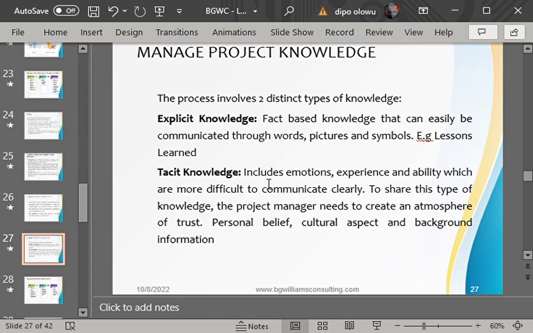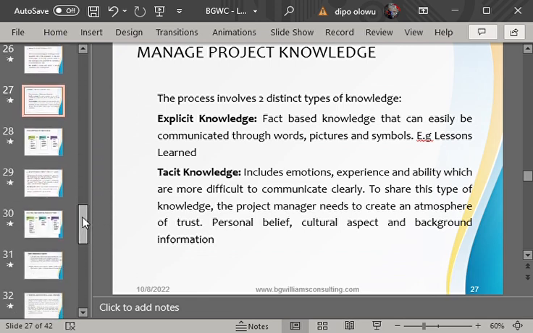So that knowledge is finding it difficult to communicate. Now, take note. In such a case that you are working with a team member that finds it difficult to communicate clearly, how do you get that person to still communicate? The only way to get such person is a project manager building trust. So trust is the key for the project manager to still be able to align with such a team member to still get verifiable facts. So which means the project manager must create a trust environment for such a team member.